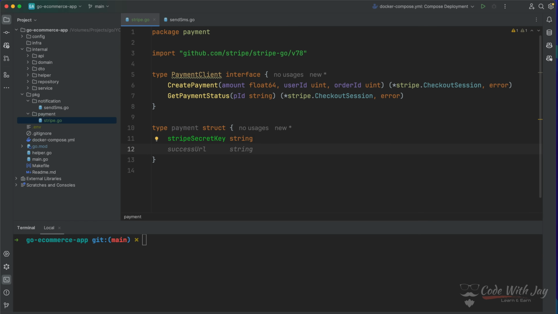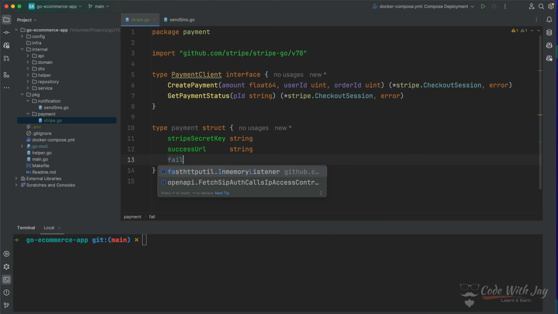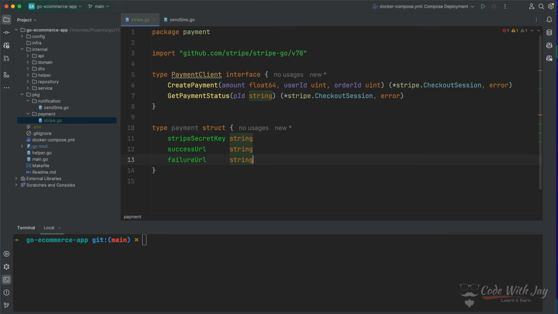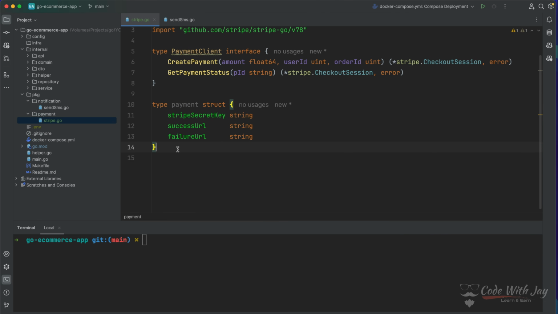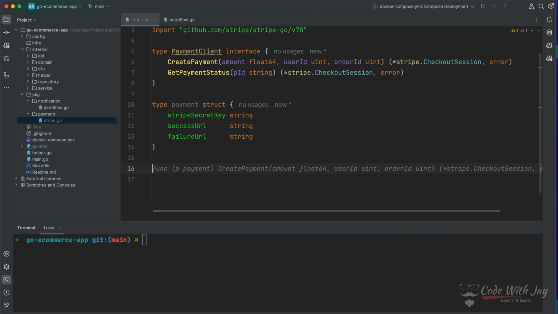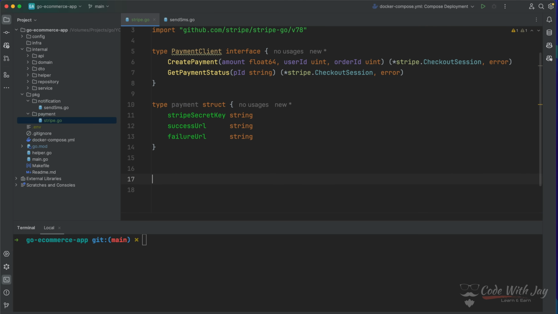Then the second one is going to be the success URL. The third one is going to be the failure URL, right? So these are the two URLs that will act based on different scenarios, right? Now let's create one function which is going to create the payment client, right? That function is called func